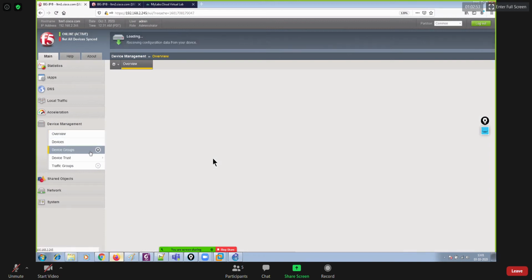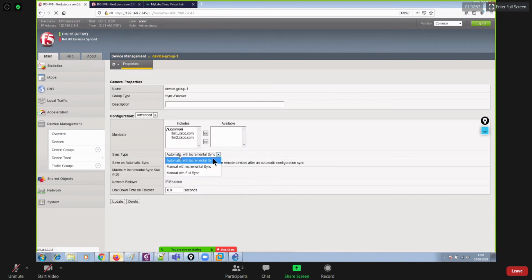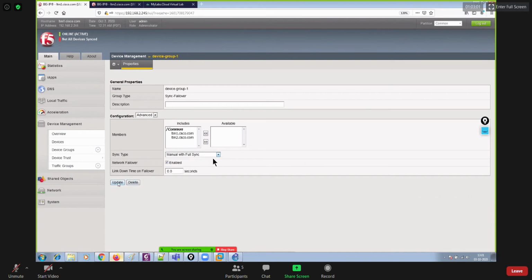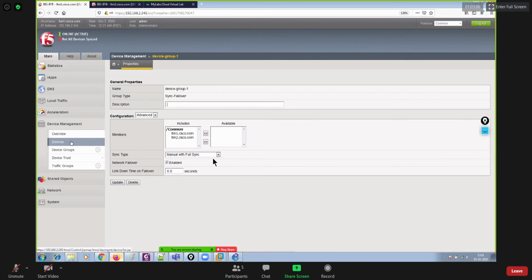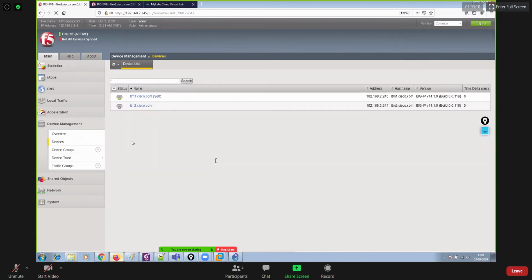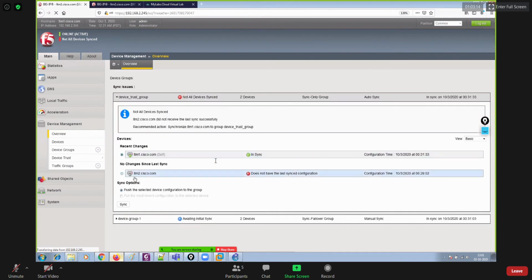To do so, go back to the device group because our sync failed, and then say manual with full sync, update, and thereafter go to overview. Select one of the devices, once again LTM1.